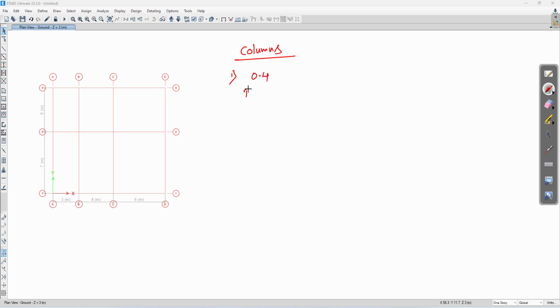See here, this is as per IS 13920 2016, page number 7 and 8, clause 7.1.2. The cross section aspect ratio, which means